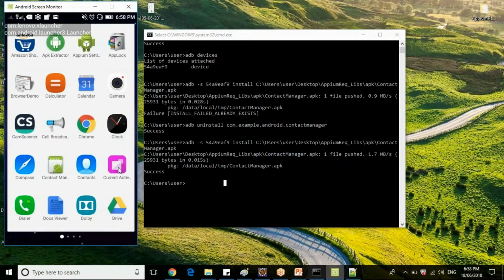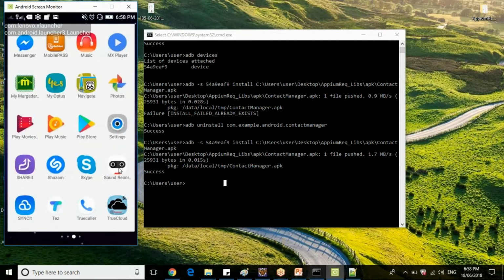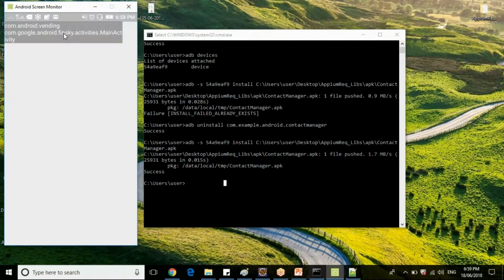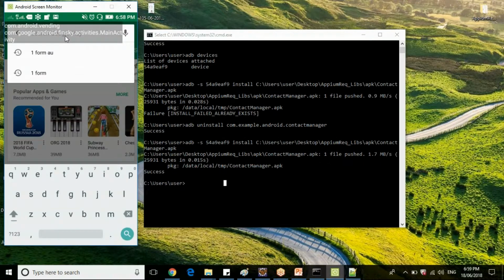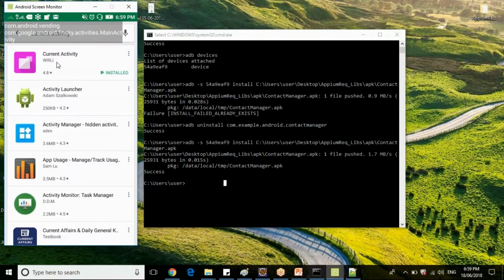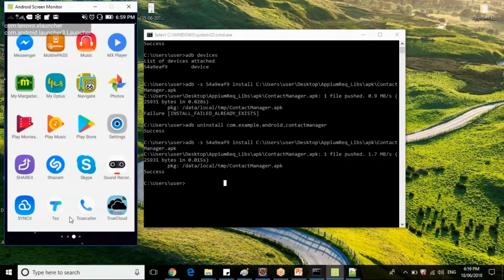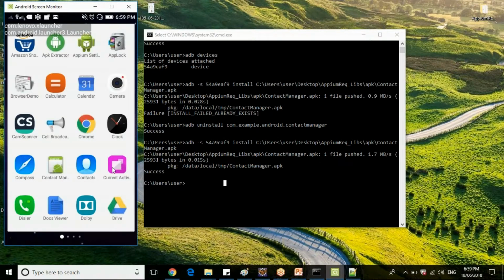If you want to install this application, directly navigate to the App Store or Play Store. Go to the Play Store, just type here current activity. It is developed by Willis. So this is the application, Current Activity. Just install this application. Once your application is installed, launch the application.